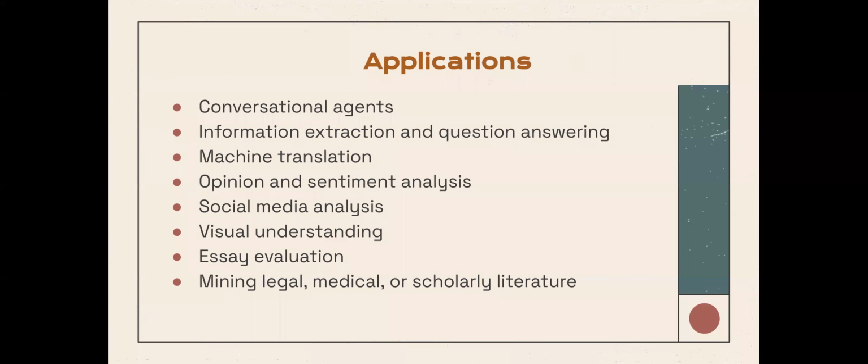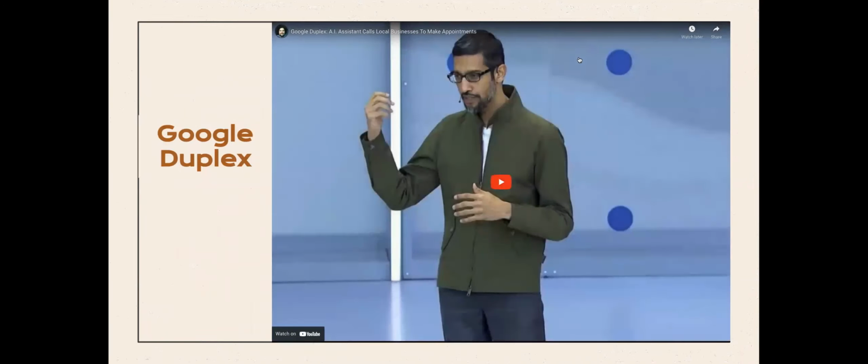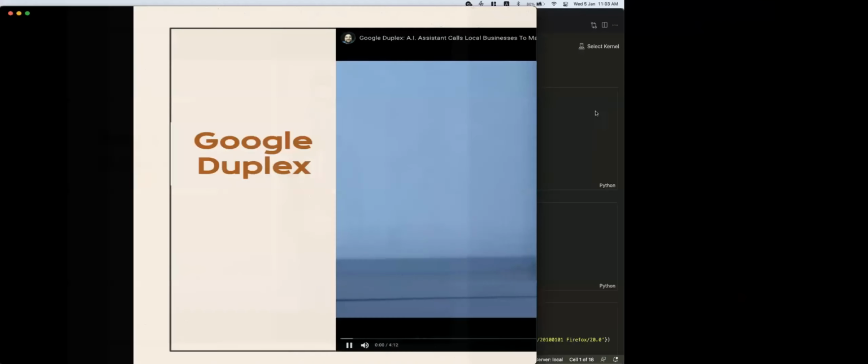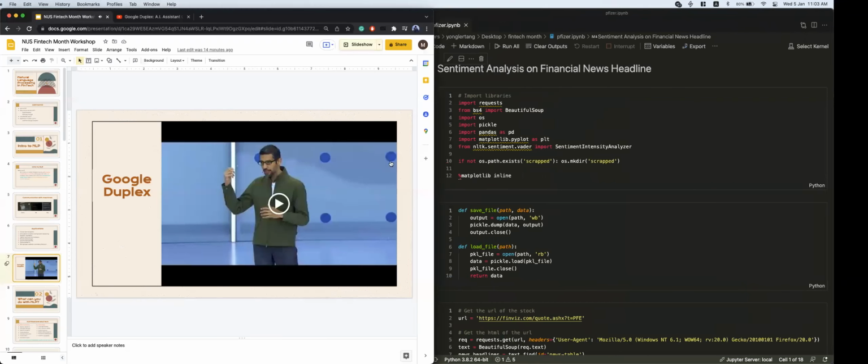This is a case where a computer can do things much faster, and if it can do them much better than us, why would we want to spend our productive time doing it on our own when we can get a computer to do it for us? Simplistically, these are some of the directions in which NLP is accelerating at a great speed. So we have a short video demonstration for you: the progress with the assistant, Duplex, which came out a few years ago.